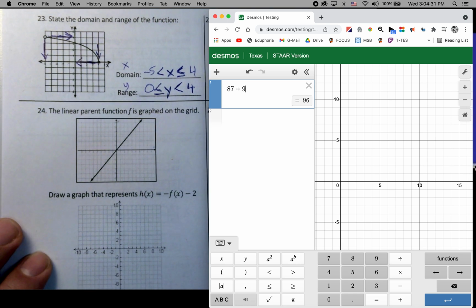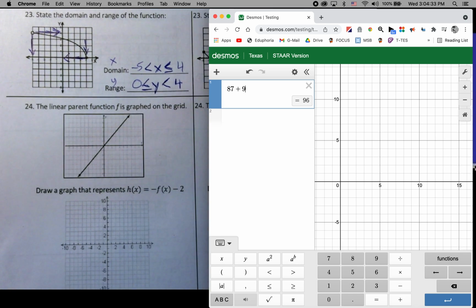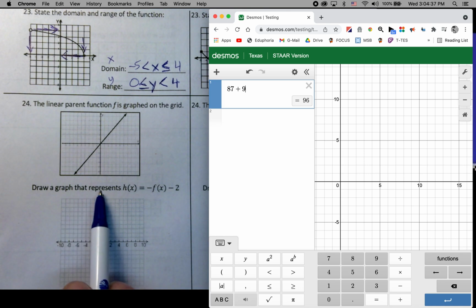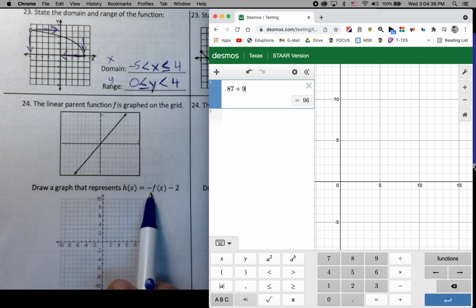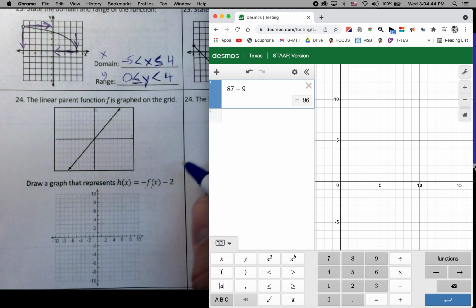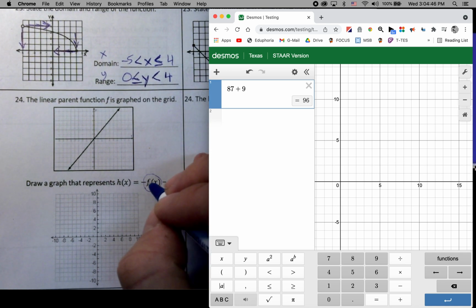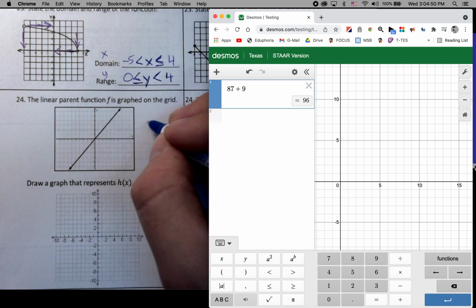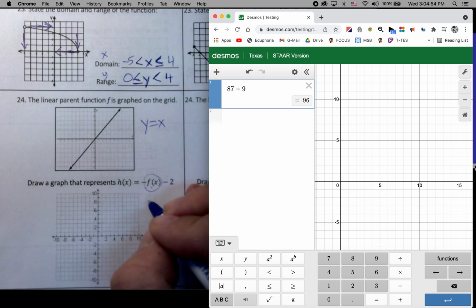All right, number 24. It says the linear parent function f is graphed on the grid. Draw a graph that represents h of x equals negative f of x minus 2. Okay, all this means is you're taking this value, what this is, and plugging it in there. Well, this is your parent function. Your parent function is y equals x. So what I'm going to do is h of x is literally this,